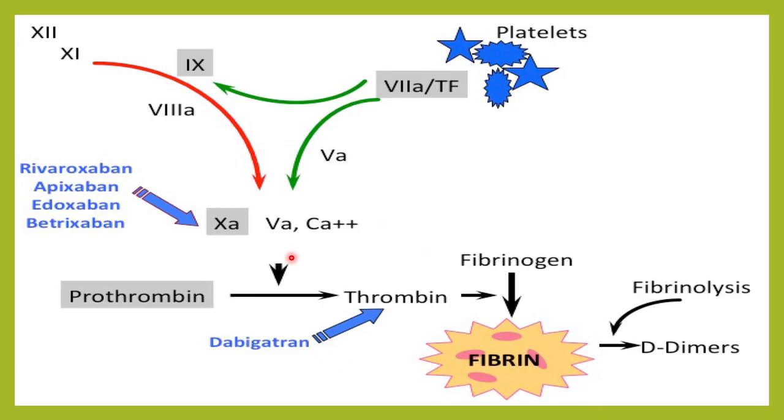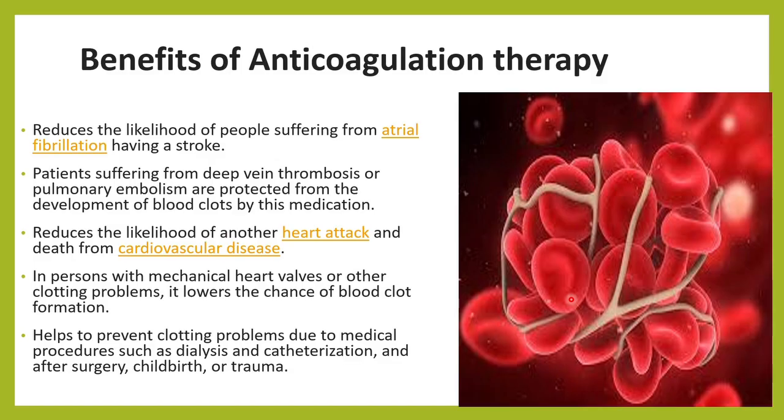This is how the various anticoagulants act. So here you can see that your apixaban or edoxaban, etc., they will block this factor 10. So you can see here dabigatran, it directly blocks the thrombin. Okay, so when they directly block these factors, they will prevent your coagulation or the clot formation. So what are the benefits of this